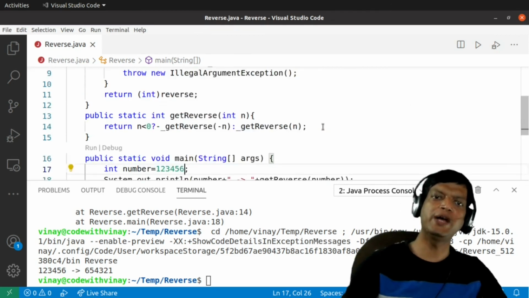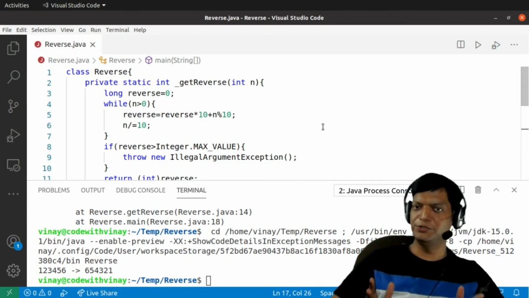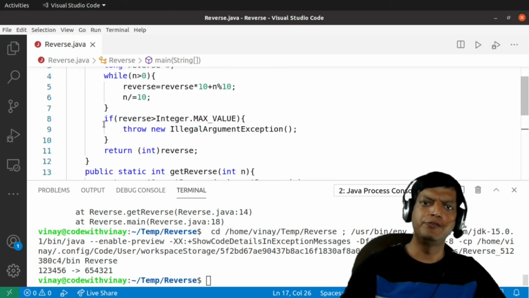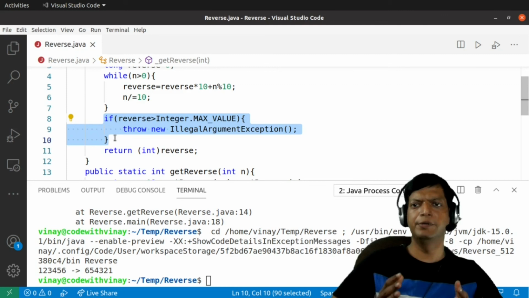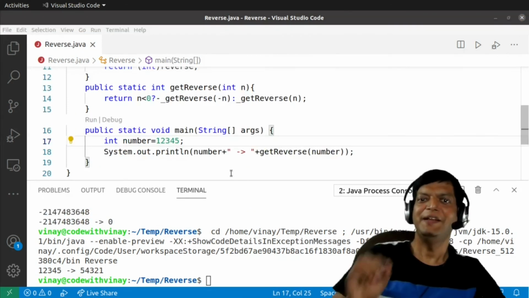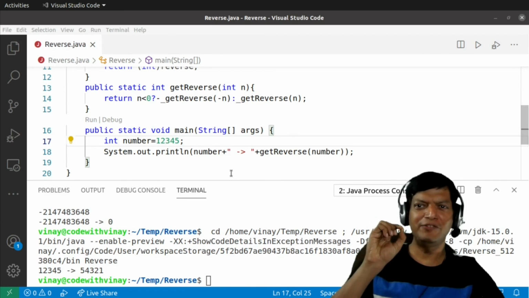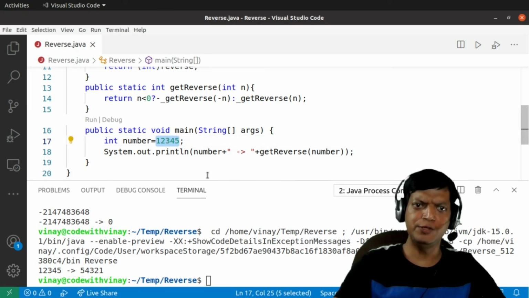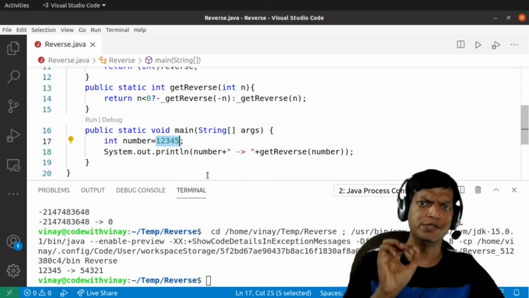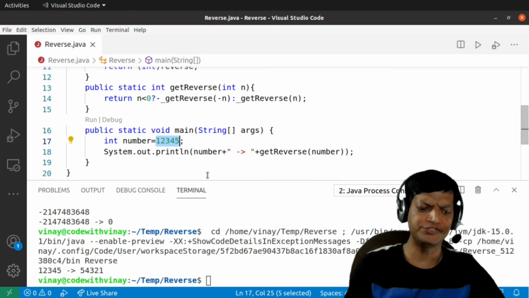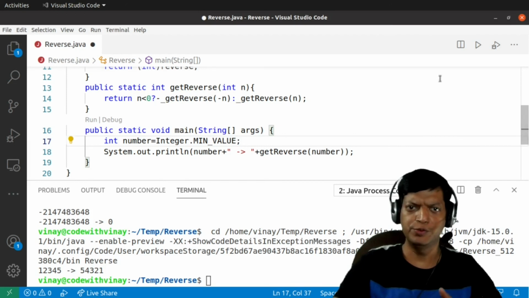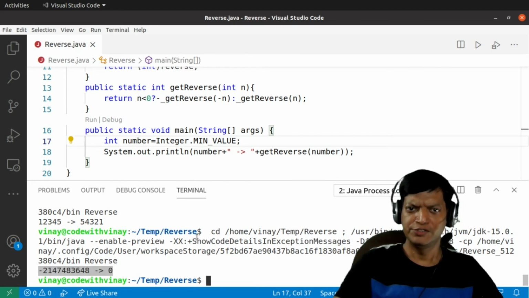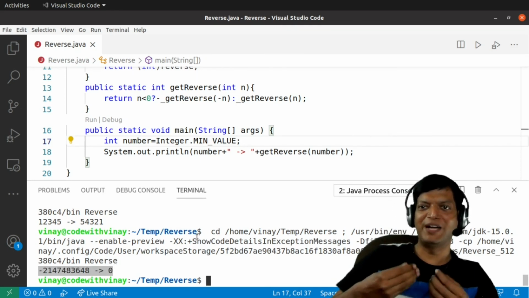So now you have a function which is efficient because it's not using any string, which is working for both positive and negative case, and which is working for those border cases when the reverse of the number cannot be stored in an integer. Now, there is still one peculiar problem left in the program which I would like you to ponder upon, and that is, if the value of the number which we are trying to reverse is exactly the minimum number which can be stored in an integer, the program is not going to work. Watch this. So now if I run it, you are getting a 0. So think about this and let me know in the comments why this is happening. Thank you.